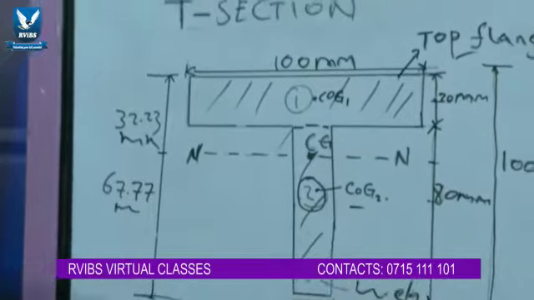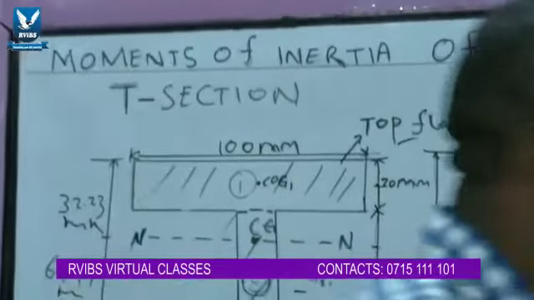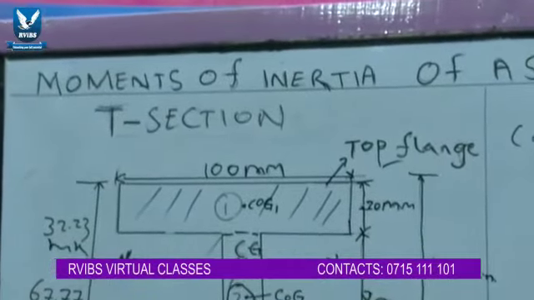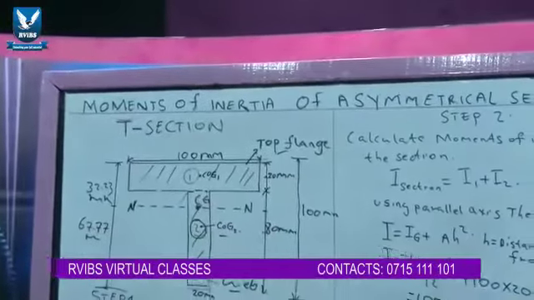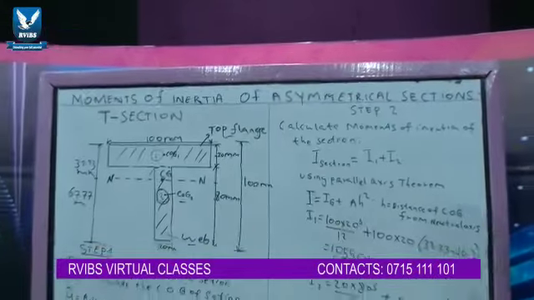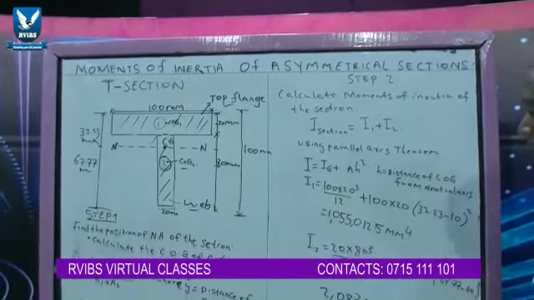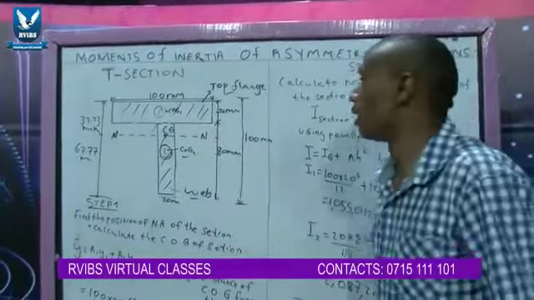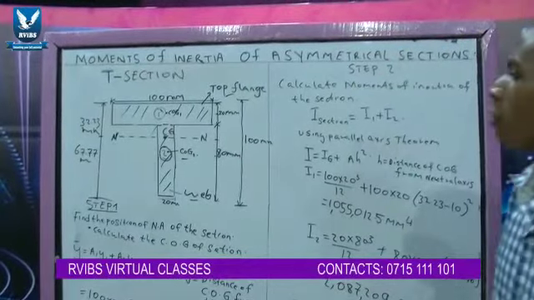Going to the second step, that is now calculating the moments of inertia of the section. We are going to see that the moments of inertia of the section will be given by the summation of the moments of inertia of section 1 and the moments of inertia of section